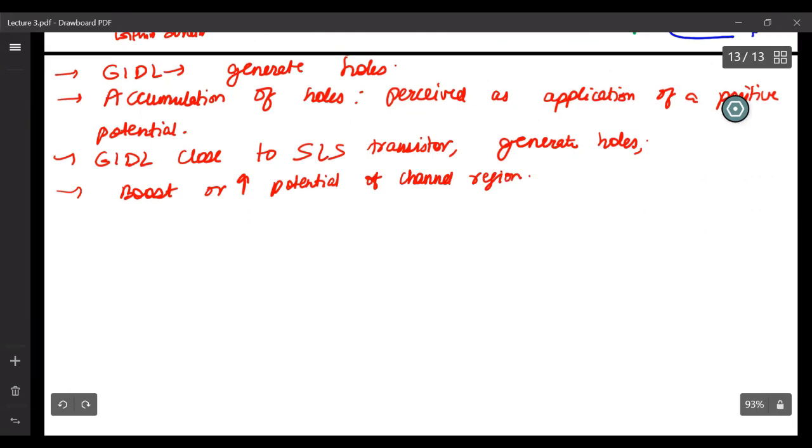And once the potential is increased, what may happen? Back tunneling: electrons can back tunnel from the charge storage layer into your channel. So this is how erase is achieved.